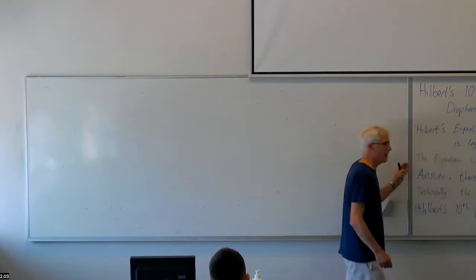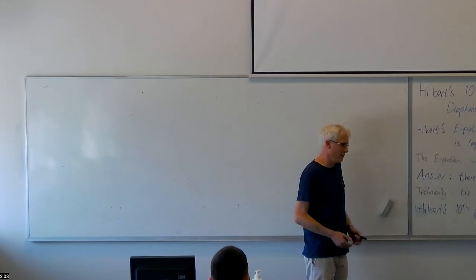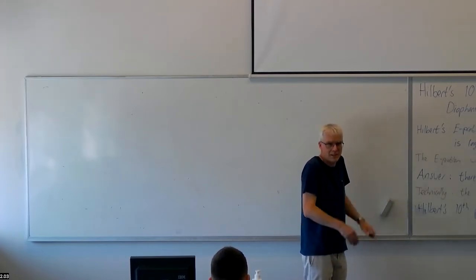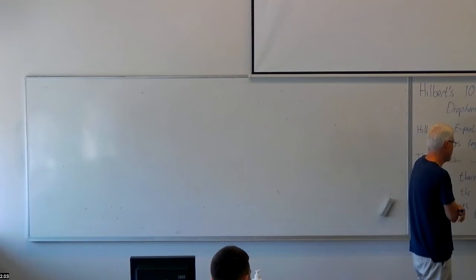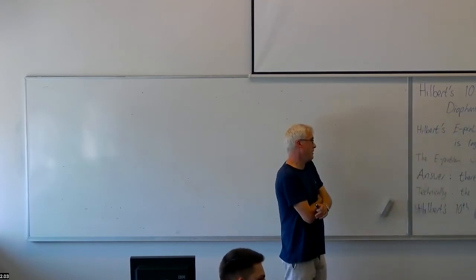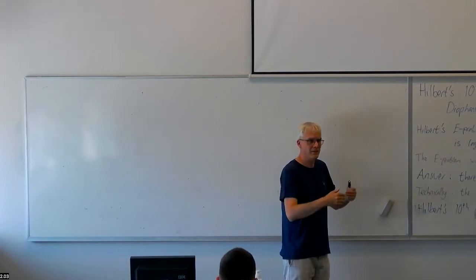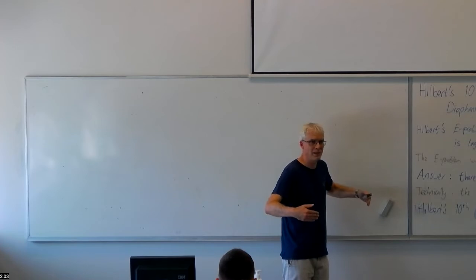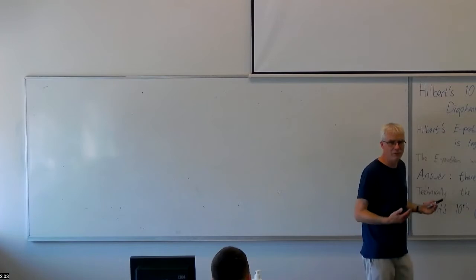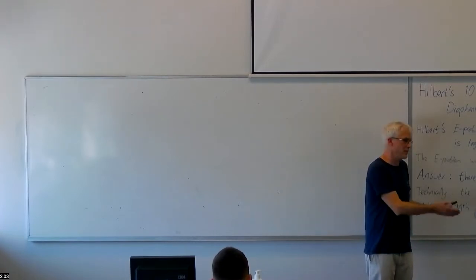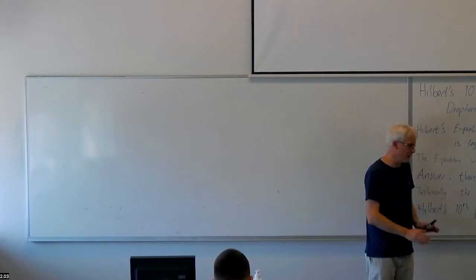Because up to this point, people had been looking for algorithms to solve problems, and the idea was you recognize an algorithm when you see one. You can see if you've got a list of steps to follow, you can see whether that's a precise description of the steps you need to follow to solve a problem. If you want to prove that there does not exist an algorithm for something, then you need to have a precise delineation, a precise scoping around the notion of algorithm itself. You need a mathematical definition of what an algorithm is in order to say, well, this is what an algorithm is, and there is no such thing that solves my problem. And this did not exist at all